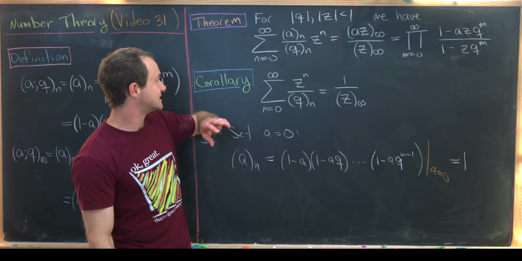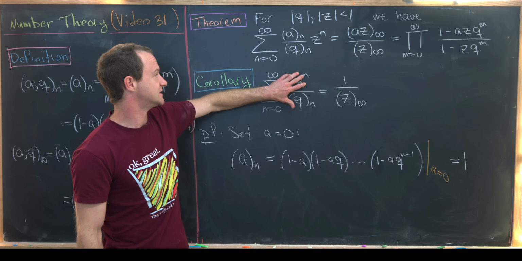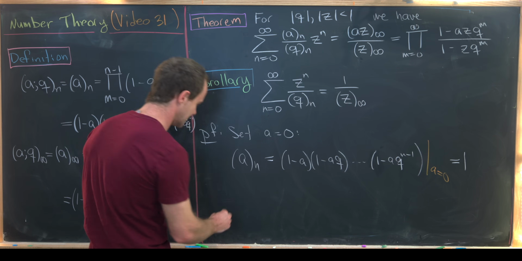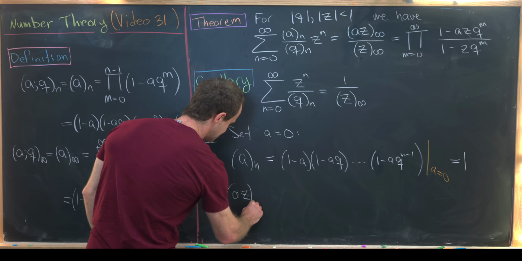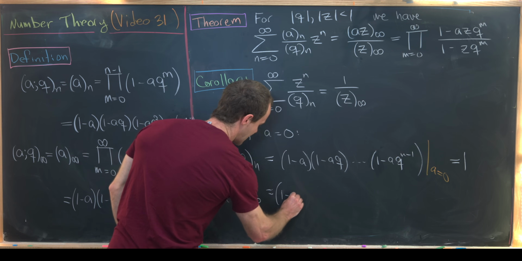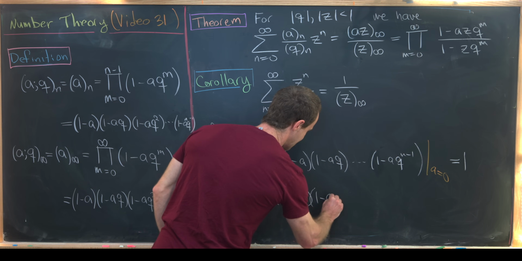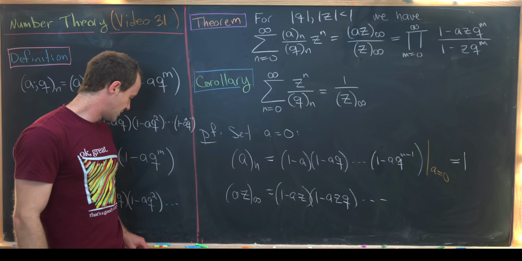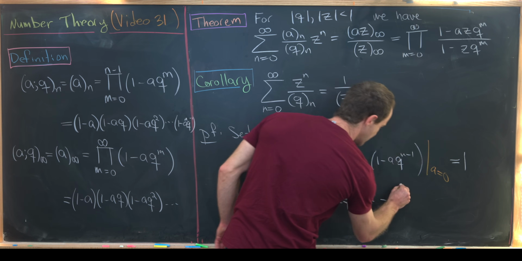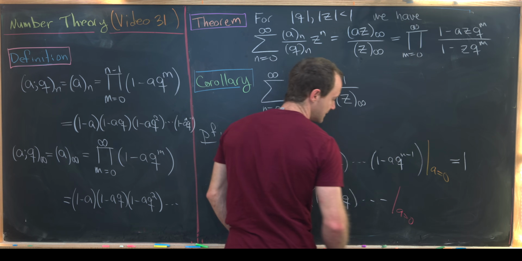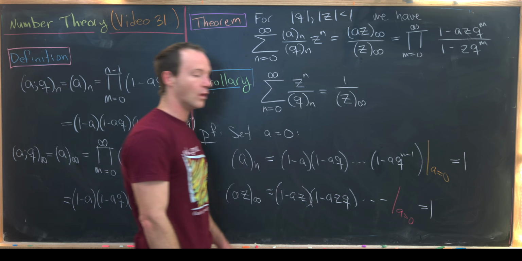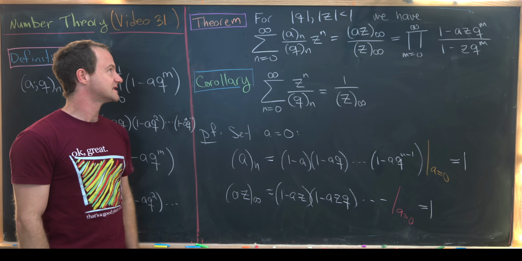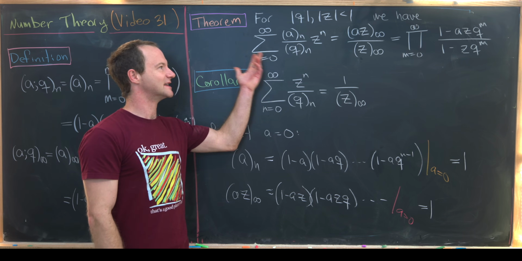But that collapses this left-hand side to our left-hand side here. Let's see what happens to this A(z) infinity. So our A(z) infinity is (1 minus z)(1 minus zq)..., but that's an infinite product. But the same kind of thing is happening. Notice if we set a equal to 0, that collapses this thing to 1 as well. Okay, nice. So let's maybe get rid of this, and we're going to prove another theorem that is somewhat similar